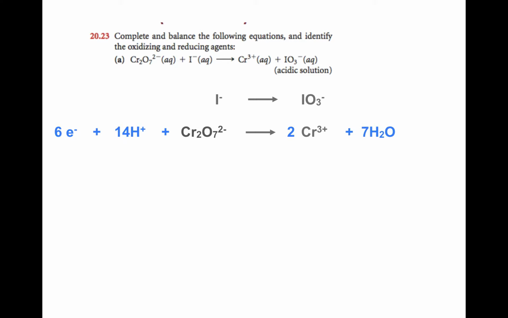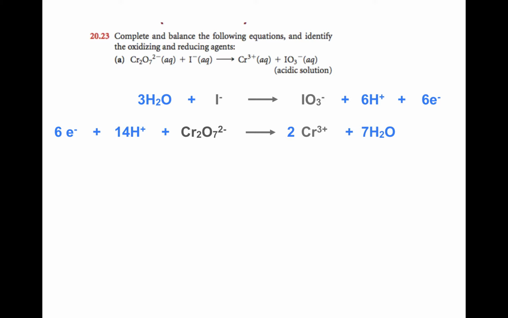I've got 3 oxygens on the product side, so I'd have to add 3 waters to the reactant side. I've now introduced 6 hydrogens, so I'd add 6 H pluses to the product side. And balance the charge. So I've got a plus 5 charge and a minus 1 charge. So if I add 6 electrons to the product side, I now have minus 1 on both sides of the